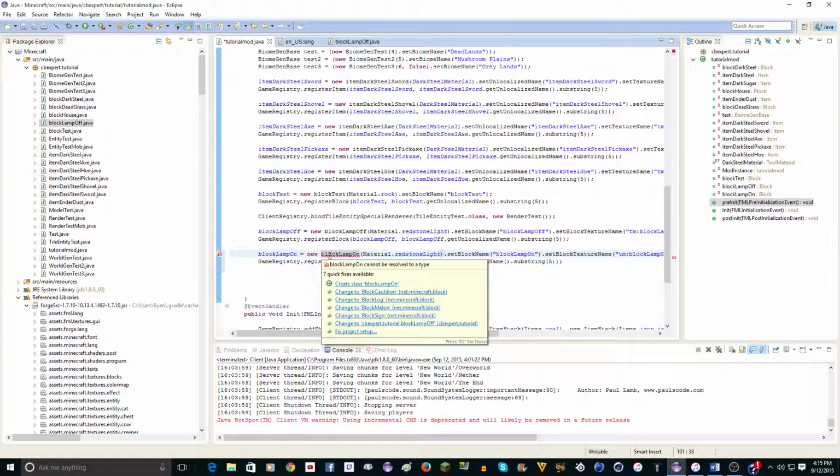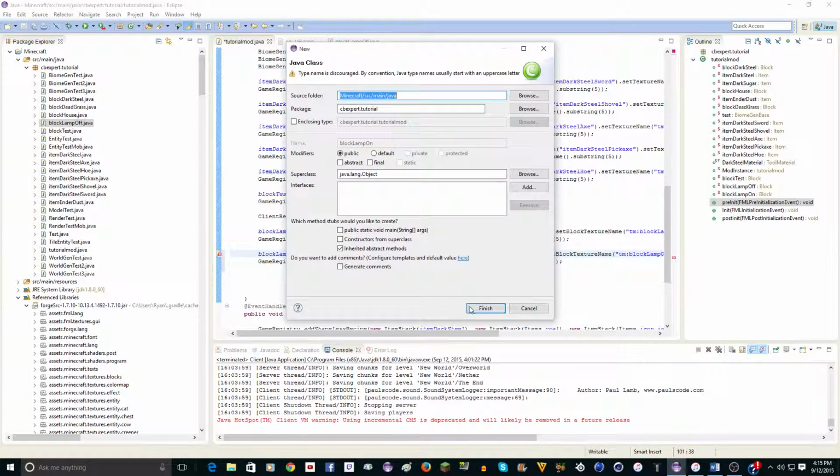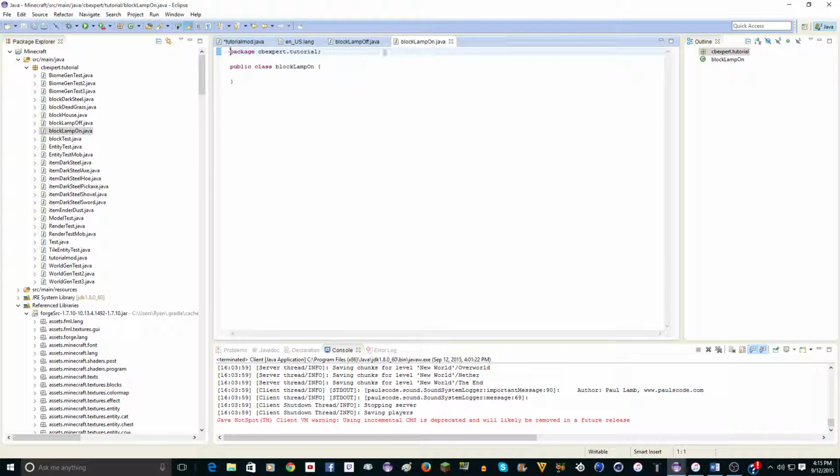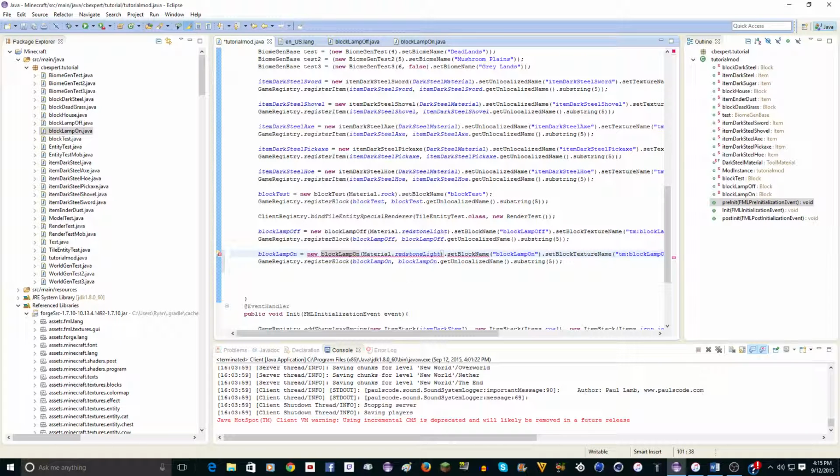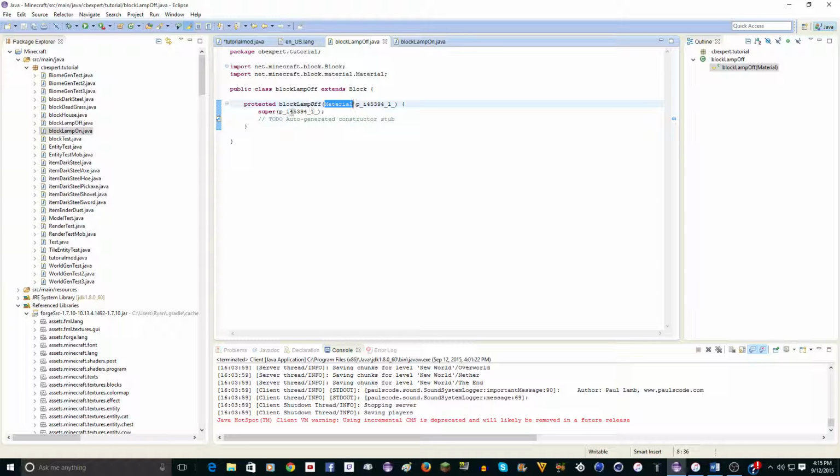Anyway, there's an error here. Just create the class, and I don't know why there's not an error there. Oh, there's one here. Just ignore this error for now because we're just going to copy it. So we're going to do all this stuff in here and then just copy it over here and change a couple things. So in your off lamp,